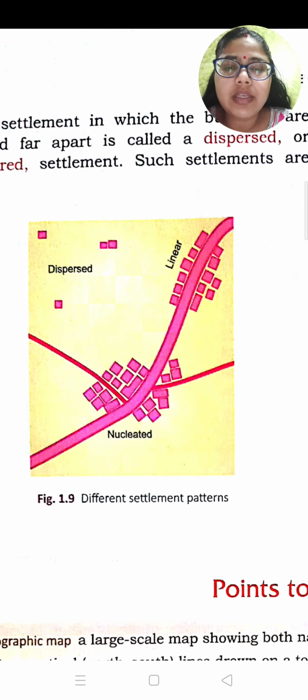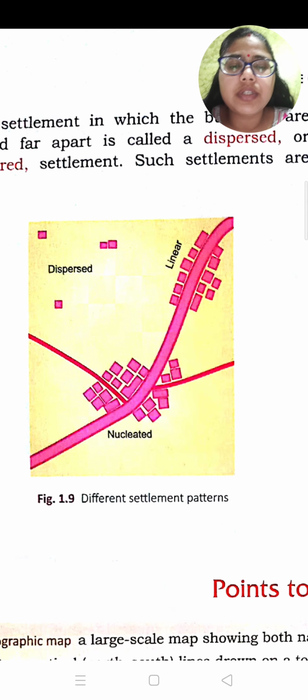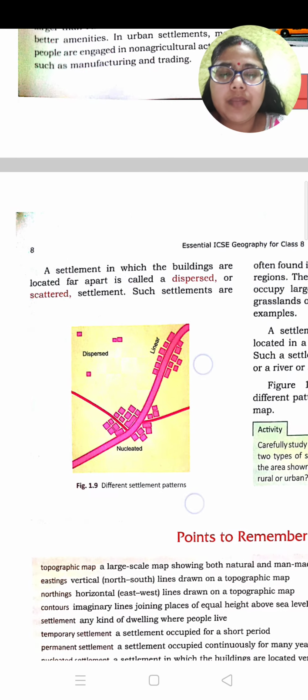Then you can see the junctions are given, where two or more roads are joining together, that is a junction. Okay, and here you can see a number of houses are there, so this is called a nucleated type of settlement. And then you can see on the other side that it's dispersed. So one house you can see is at one place, other houses are far away. Okay, so this type of settlement is known as the dispersed type of settlement.